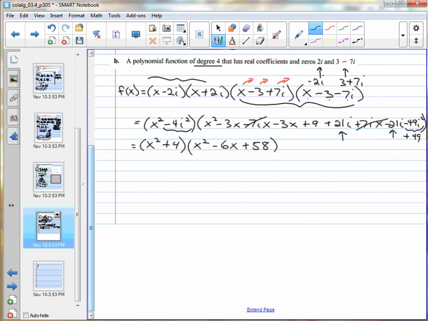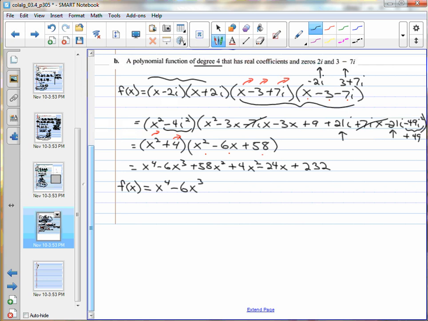Now we're closer. I still need to multiply. I need to distribute the x squared times all three of these. So x to the fourth, minus 6x cubed plus 58x squared. Now we need to take that 4, multiply everything by 4, plus 4x squared minus 24x plus, oh my, let's see, 232, is that right? 232. Now I look for any like terms, and I have this beautiful function, x to the fourth minus 6x